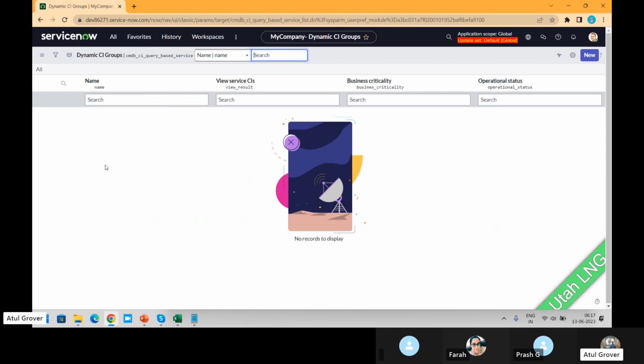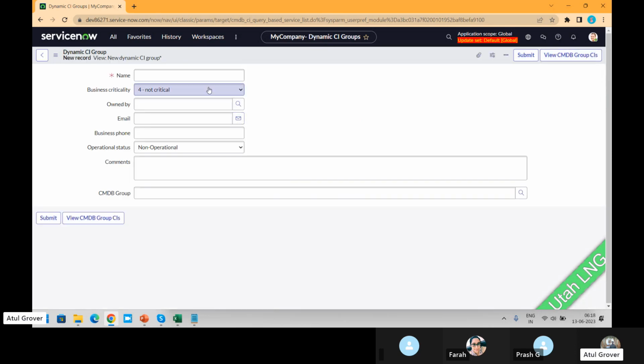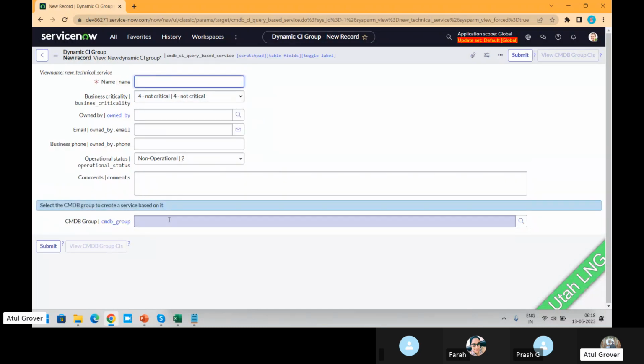But in this case, what we have to do? We have to create the dynamic groups. So if I go here, I'm not going to create one and show you practically how it's done. But if you go here, you have to add the group, which group it should go to if I call this particular dynamic group. And again, this group we have to create in advance so that whenever I go, I can request this group. So what ServiceNow says here is the dynamic CI group is a group of